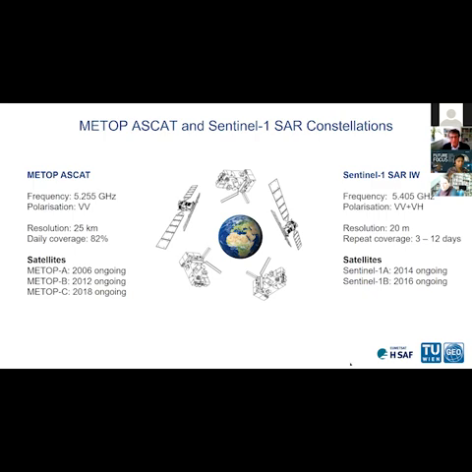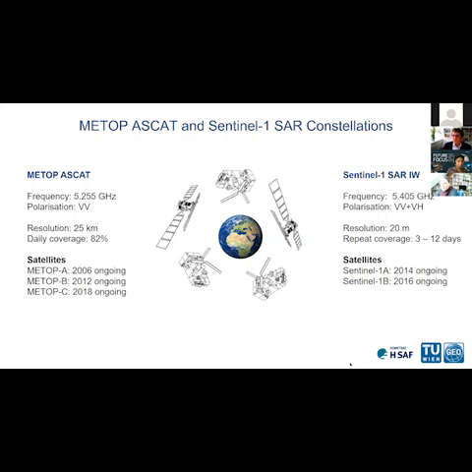What for the land is also very important is that we have a coverage together with Sentinel-1 satellites, Sentinel-1A and 1B, that essentially is doing the same geophysical measurements, with the big exception that the spatial resolution and the temporal coverage is vastly different. While ASCAT has a coarse spatial resolution, the resolution of Sentinel-SAR is very high, 20 meters. On the other side, the temporal sampling of ASCAT is unmatched and much coarser with the Sentinel-1 satellite